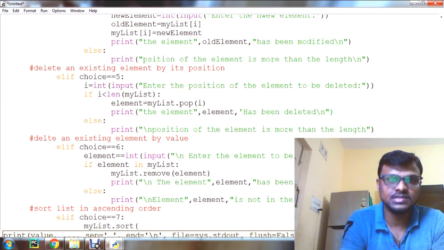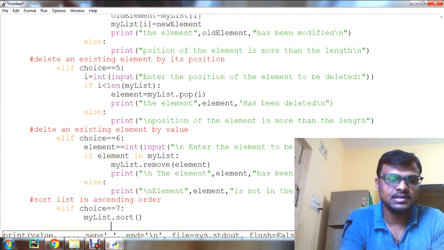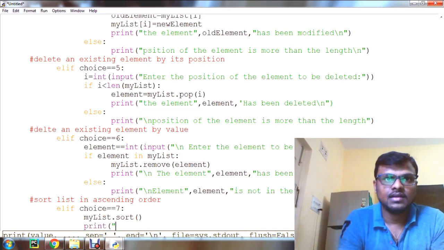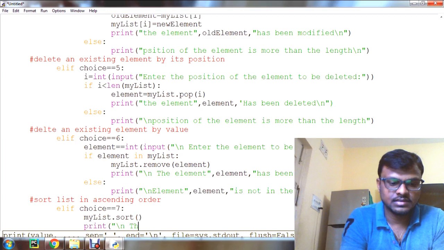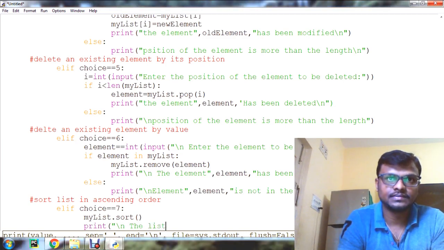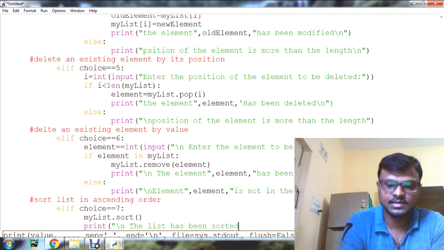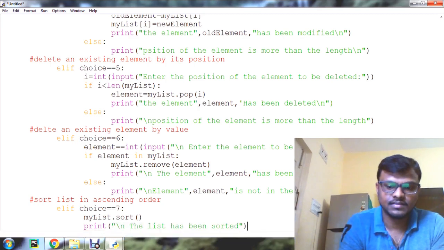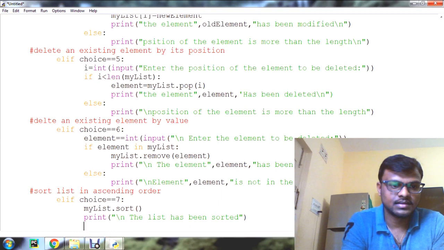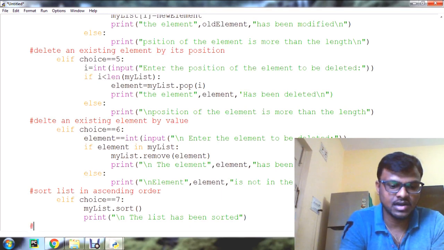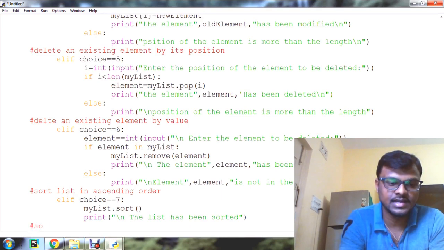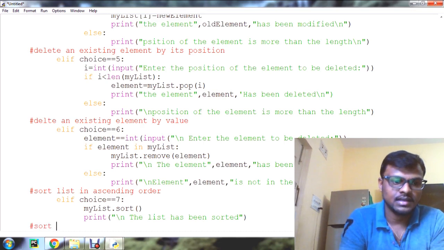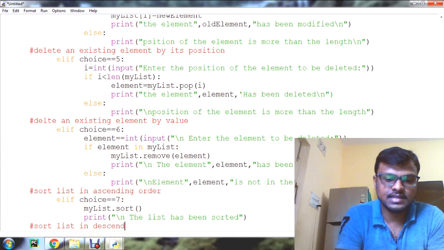Directly we can use the sort function here. After that print slash n, the list has been sorted. Done. Now we'll see the next operation, sort list in descending order.